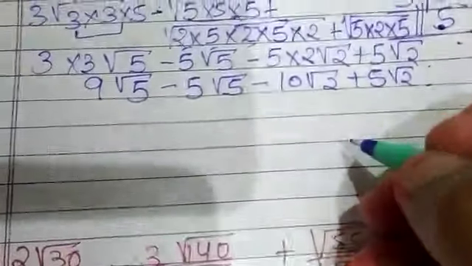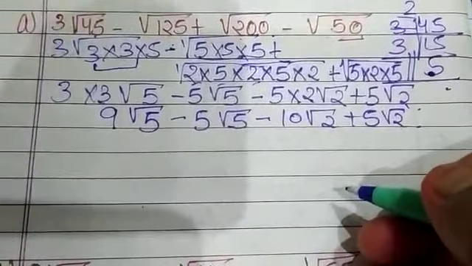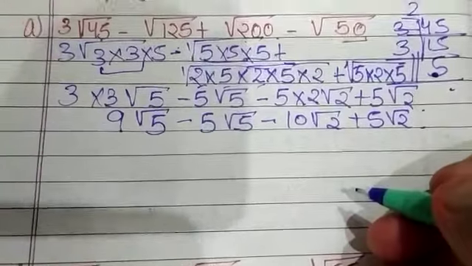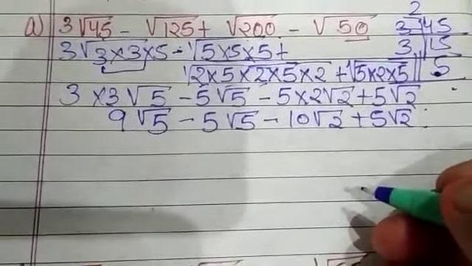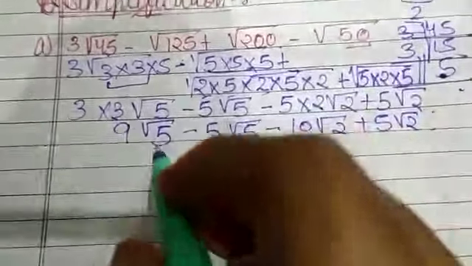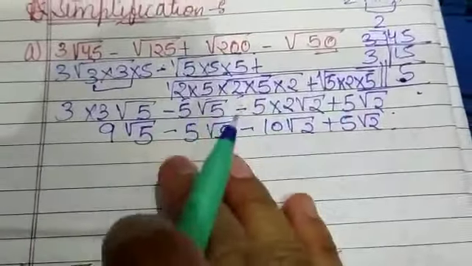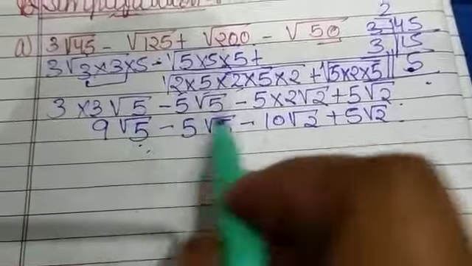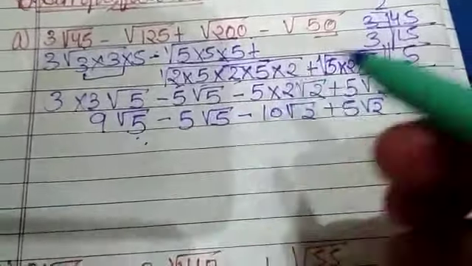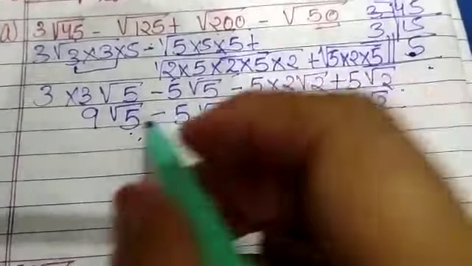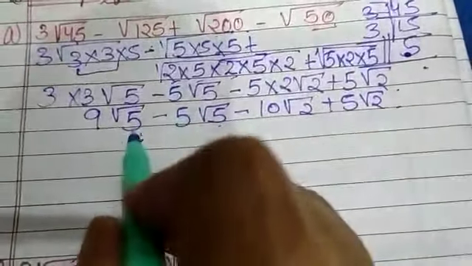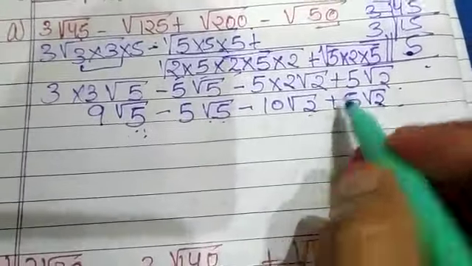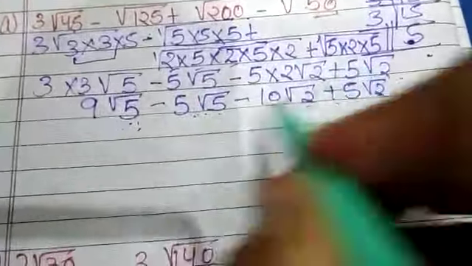Now let me recall once again. In polynomials, I have taught you that you can only do addition and subtraction, or in fact division and multiplication also, of terms which have the same order of degree. Same here. Here there is no degree, but if surds are given, the same surds you will add, subtract, multiply or divide. Different ones you can't. See, this is 5 and 5. These both are similar, so you can solve it. This is under root 2. These two also can be solved. But if you want to simply subtract this from this, that you can't do.